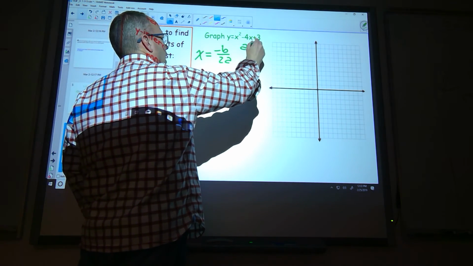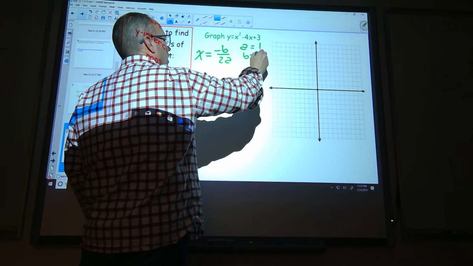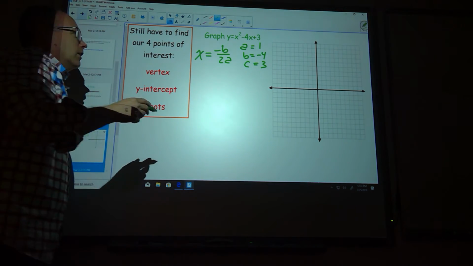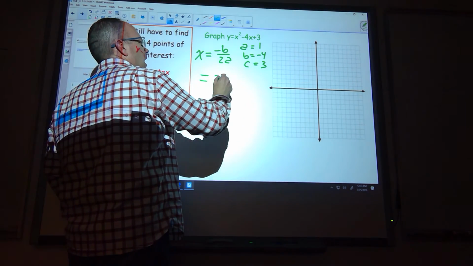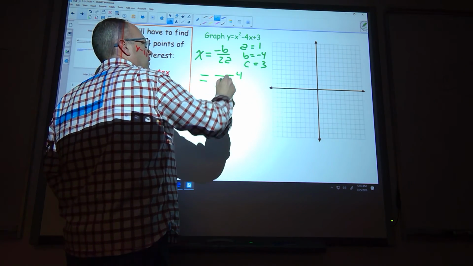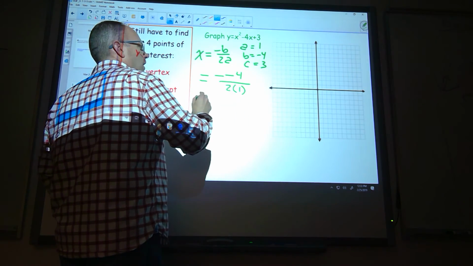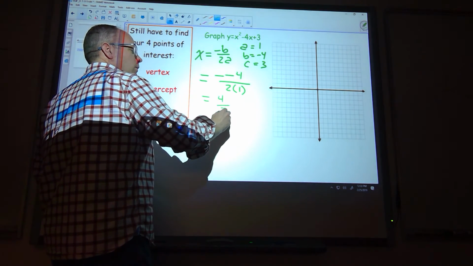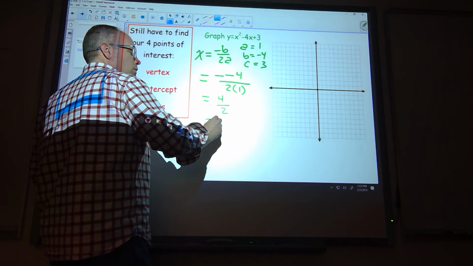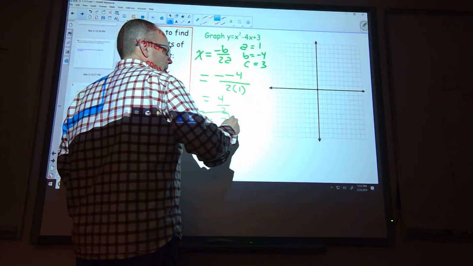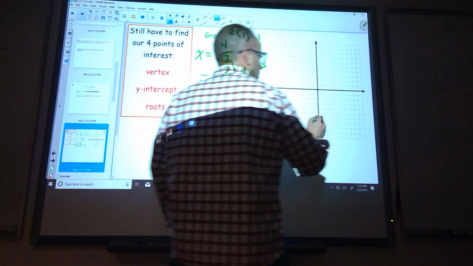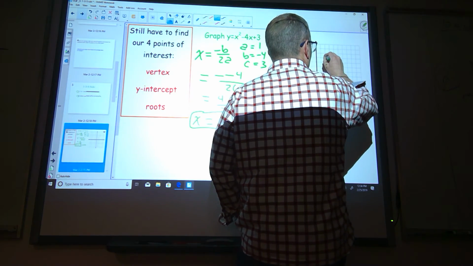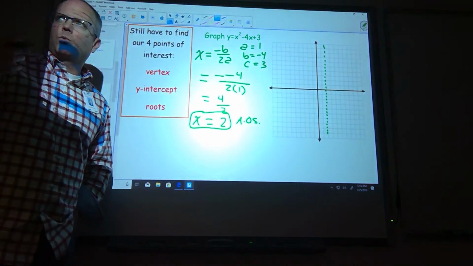And then up here on my graph, I know that my a value is 1, my b value is -4, and my c value is 3. And we haven't really been working a lot with the c value, but it's okay to label. We'll see it later. So I'm going to get -4, because there was a negative and a negative there, over 2 times my a value. What's -4? Positive 4, and that's going to be over 2. And what's 4 over 2? 2. So x equals 2, that's actually my axis of symmetry. So x equals 2 is my axis of symmetry. 1, 2, 3, 4. So that's my axis of symmetry. So my vertex will fall on that.